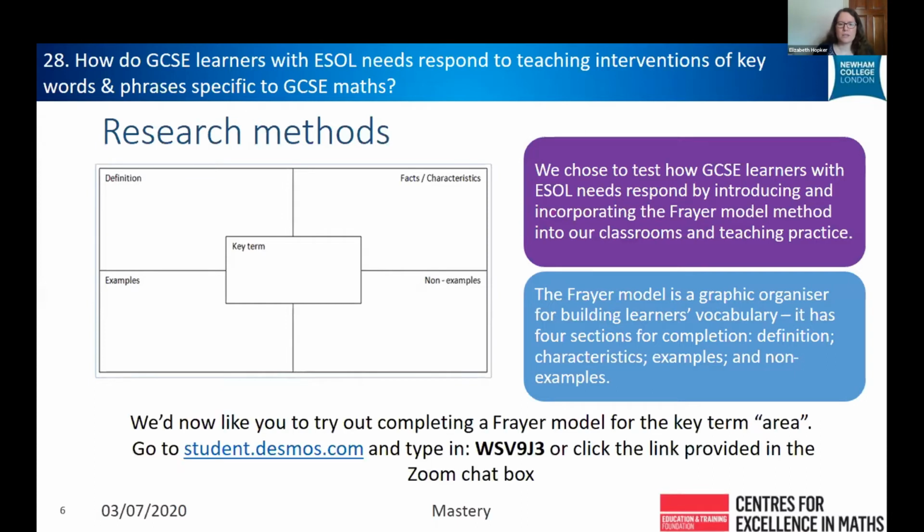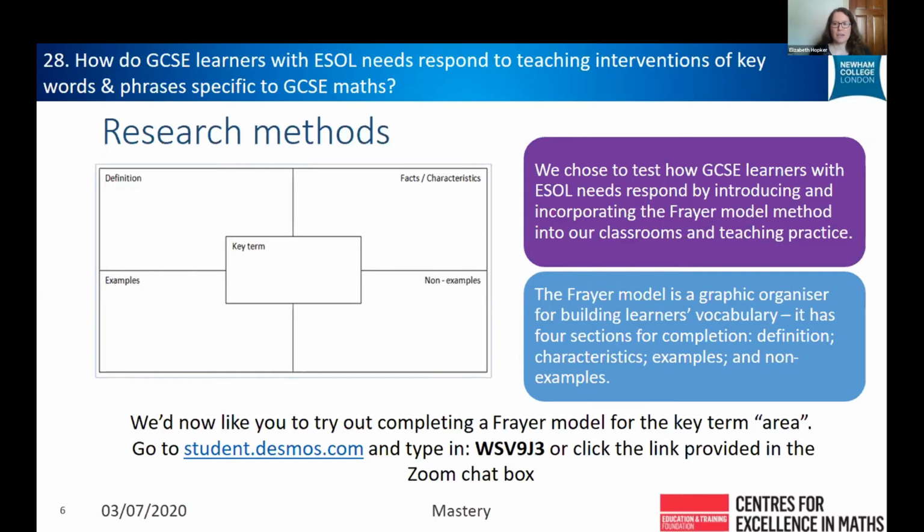So what we'd like you to do is just have a really quick go. We're going to have to keep it fairly tight to time, but completing a Freya model yourself. It can be done on your phone or on a laptop, student.desmos.com. Julie is hopefully going to put that into the chat for me. And type in